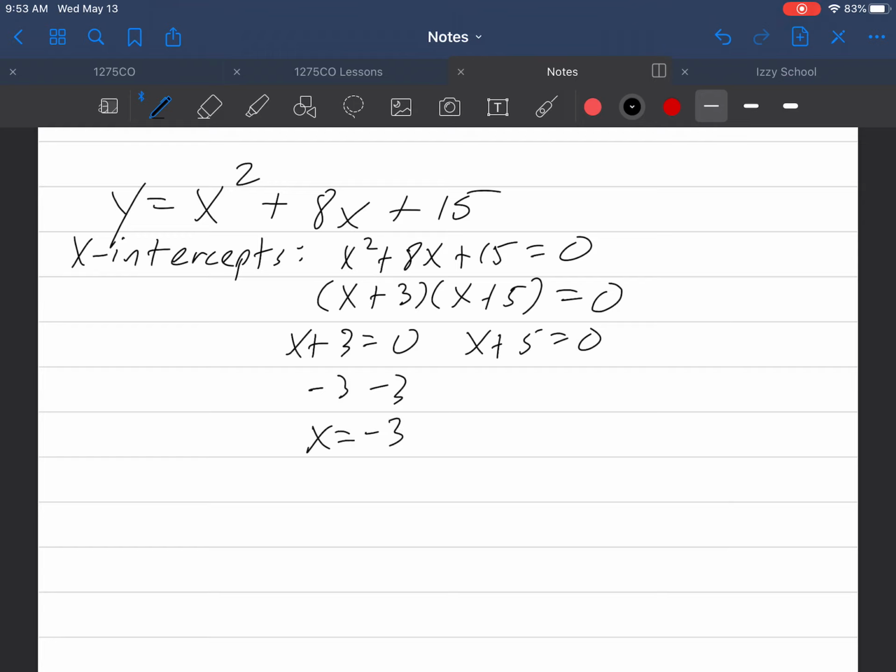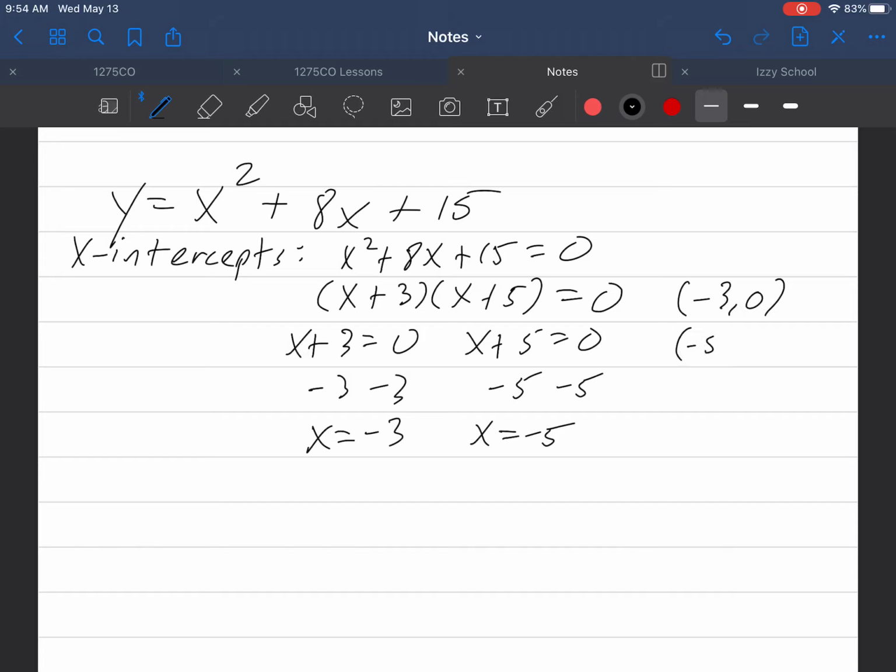We're going to get x equals negative 3, right? But the zero product rule also states that the other factor has to equal 0. So one of these has to be true, one or the other. So we get answers of x equals negative 3, x equals negative 5. But your x-intercept